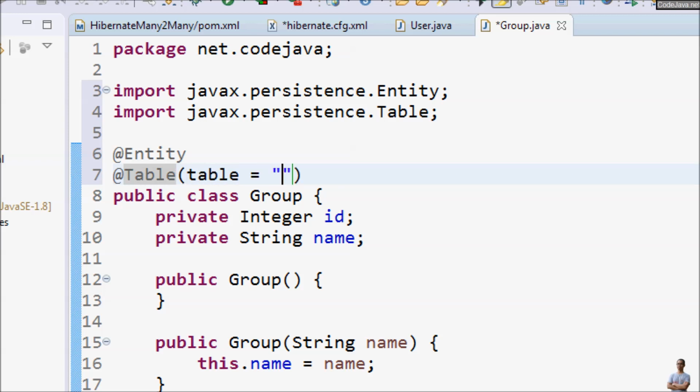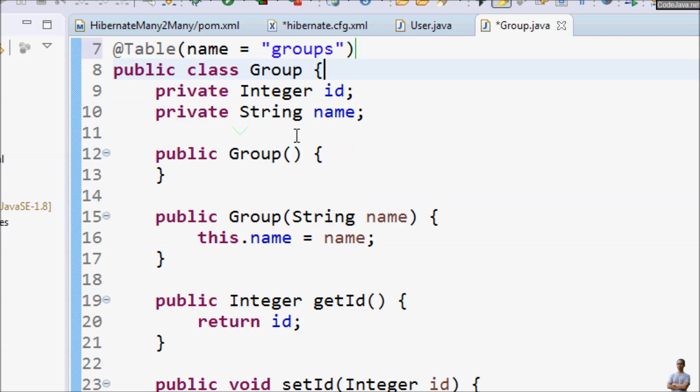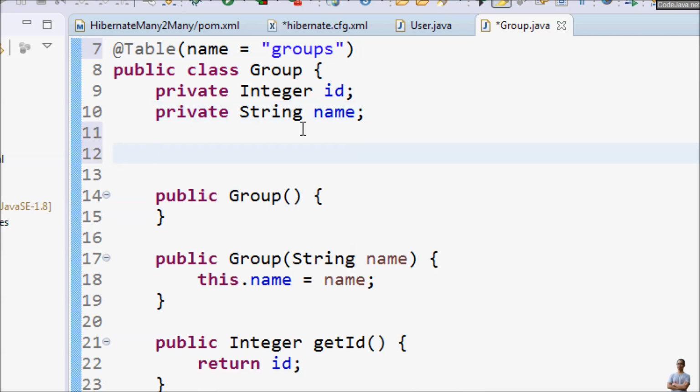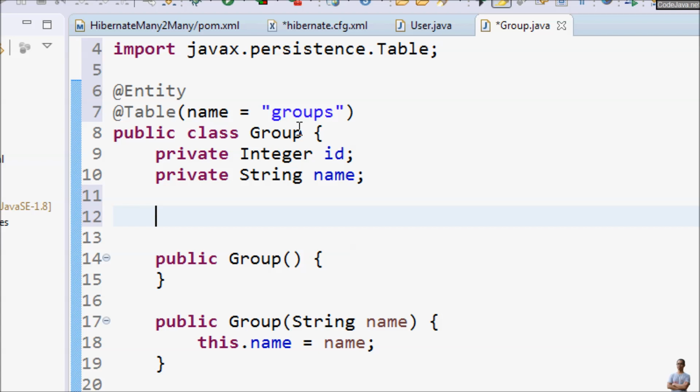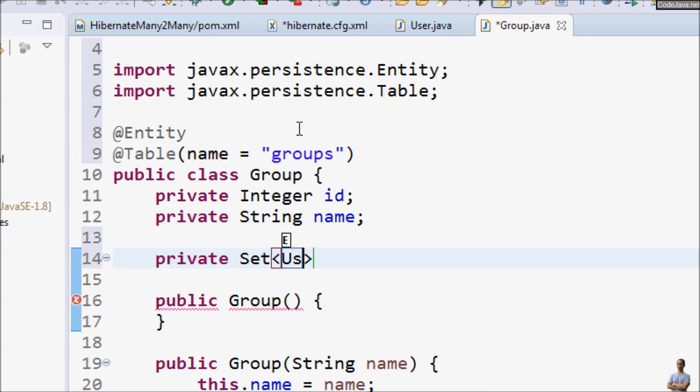Table equal groups. Table name equal groups. And we need to have a collection. A set collection that contains user objects here. Private set user equal new set,